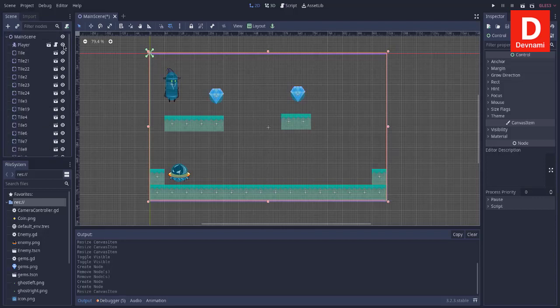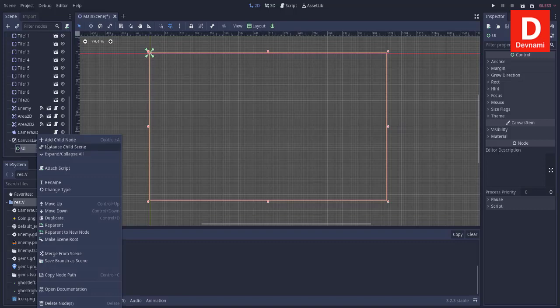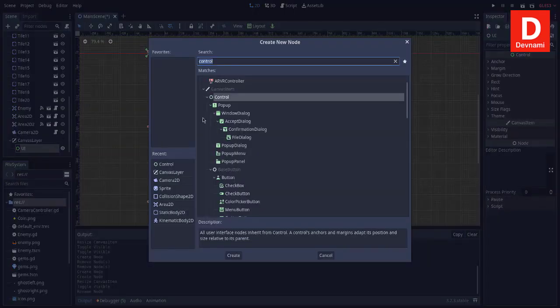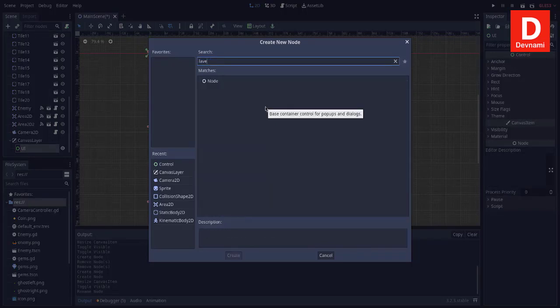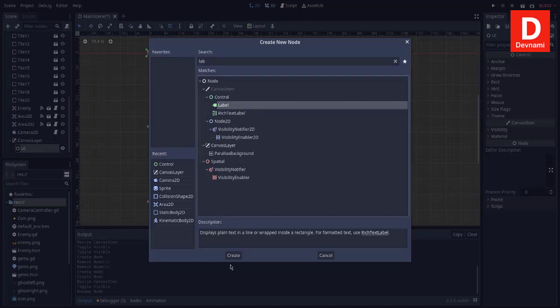Okay, so we hide everything. What we can do here is we can add our text. So under control we will add our font. So before that, let me rename control to UI. Okay, you can see this entire selected. Now below that, let's add child node as our label. So where is the label? Let's search for that. Okay, now here is the label, you can see, right? Click on create